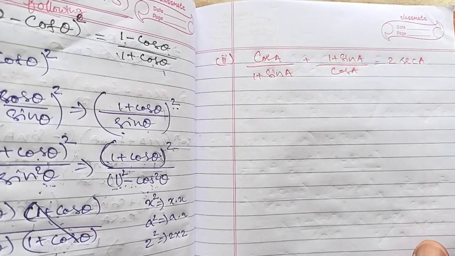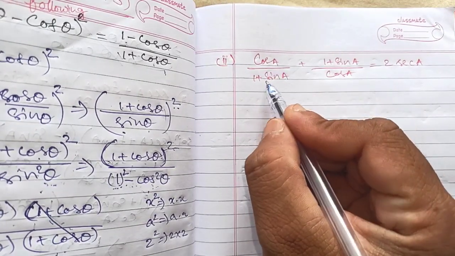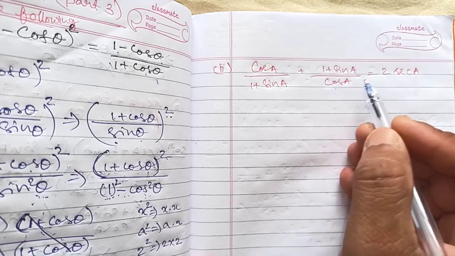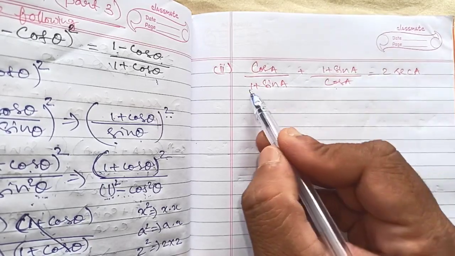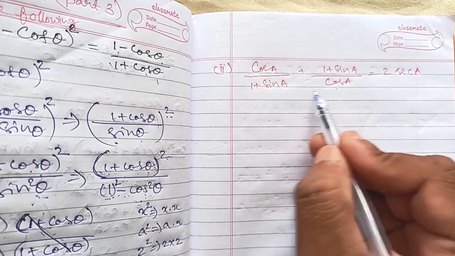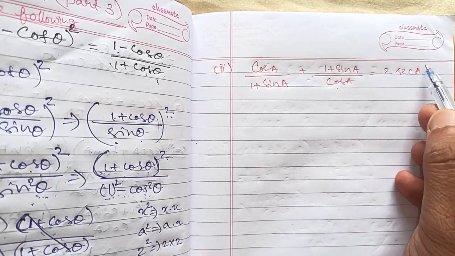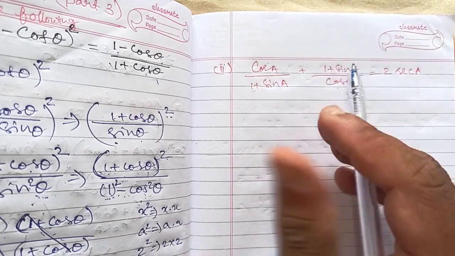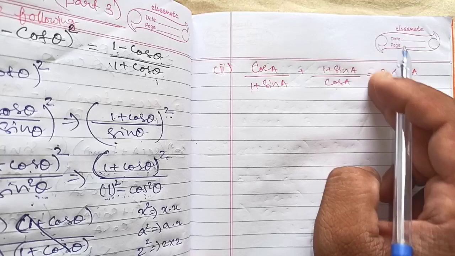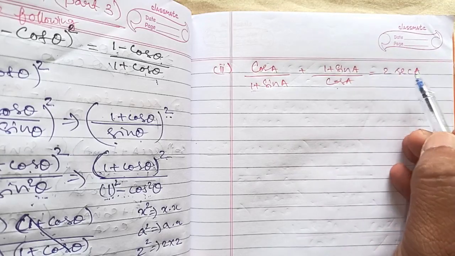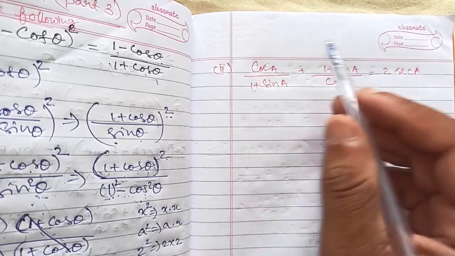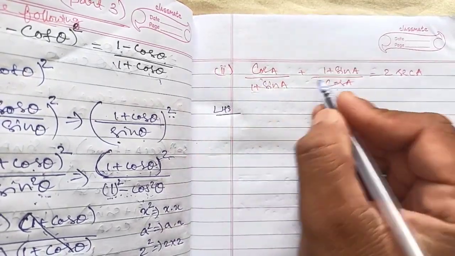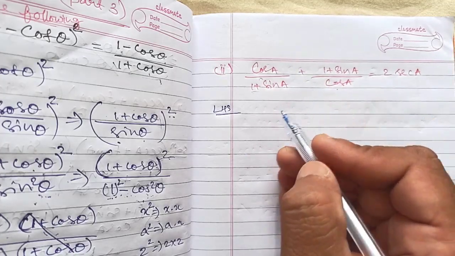Okay, next, second bit. In second bit, the question is given: cos A divided by 1 plus sin A, plus 1 plus sin A divided by cos A, equals 2 sec A. Look at here. Here two terms are there on the left side. Here only one term is there in RHS. Okay, so it is better to take LHS, because by multiplying or by doing some other way we can get this. But if we select RHS, it will be very difficult to get the value of LHS. So better you select LHS whenever you are getting two terms or numerator and denominator in LHS.